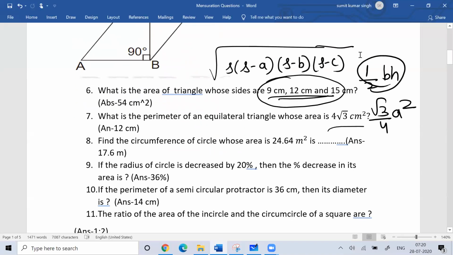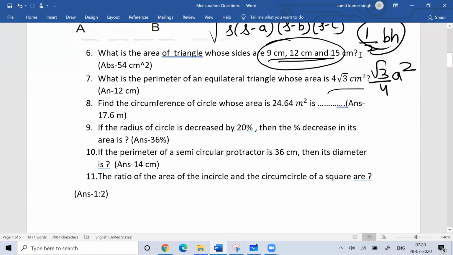Then question number nine is basically the question on percentage. Then semicircle, when I talk about semicircle, what is the perimeter of semicircle? That is nothing but pi r plus 2r. You can use that formula. So all that what we have done, we basically learned the concept, the basic questions, the questions which can be done by using formula. All that we have done.